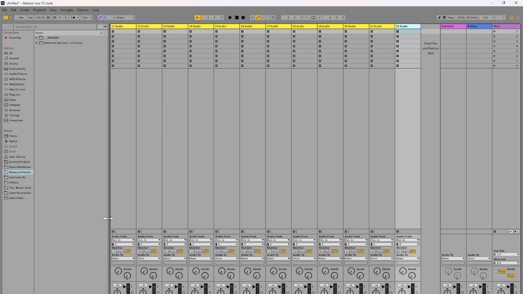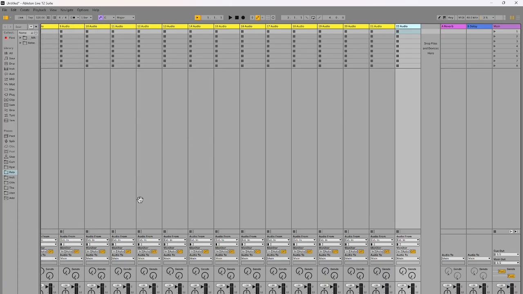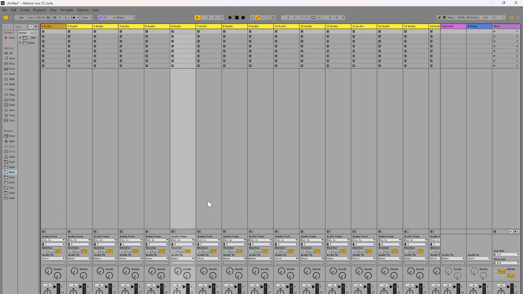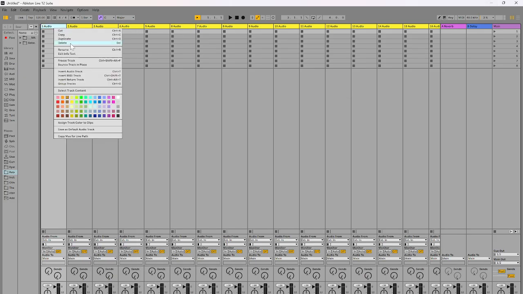The next thing we have to do is rename them according to the names that we have in our Wing Edit software. So we know channel 1 is kick in, channel 2 is kick out, together with the colors. We know that the first 9 channels are for drums. So we come in here, right click, and go to rename,